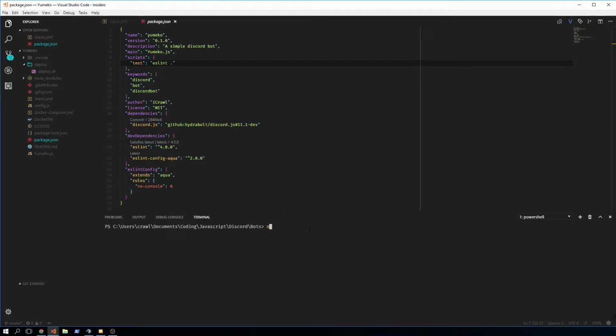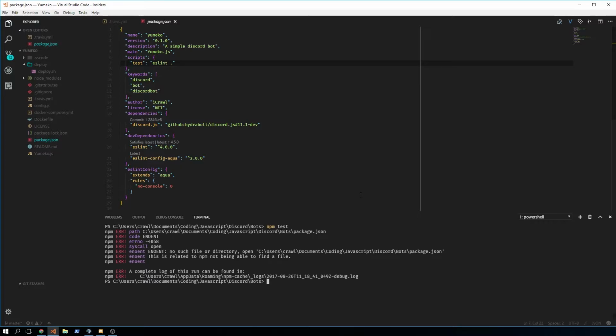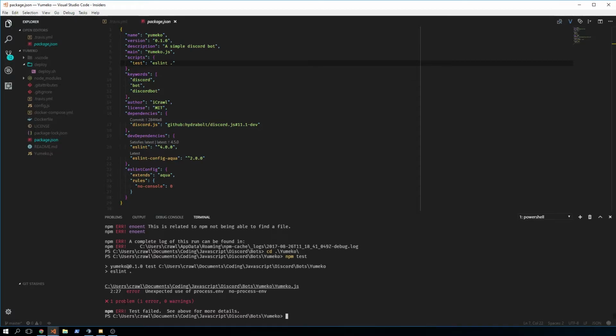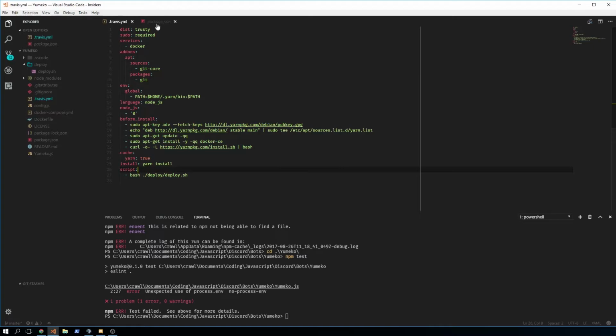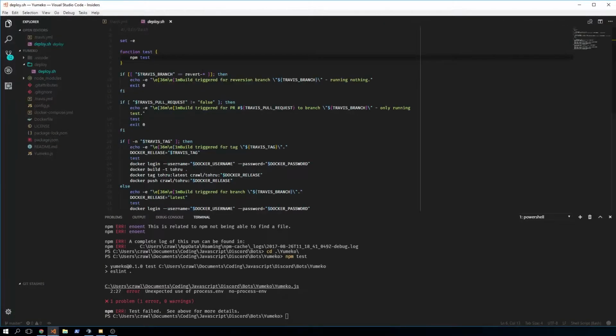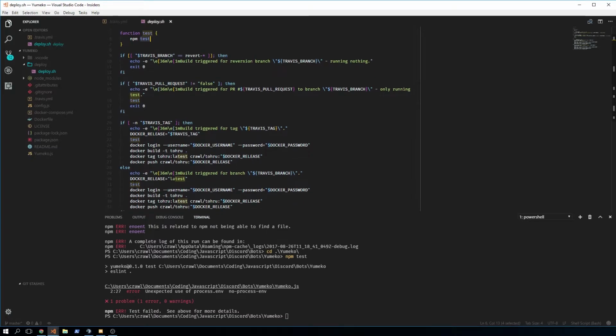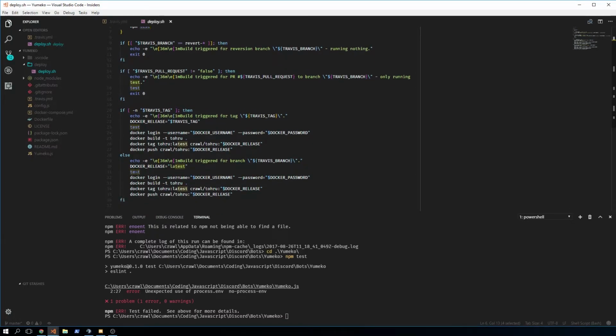So script: we do npm test. What it does is just run ESLint. What was it? npm test, right? We'll just execute it, but we have one error here. This is important, because I call this function test, and I call it here, here, and here. If it encounters an error running that function,